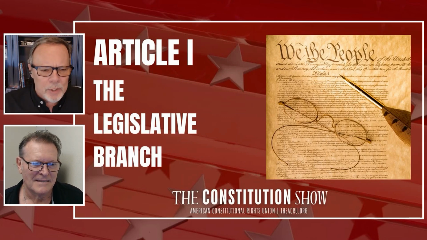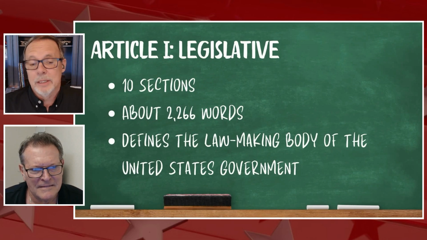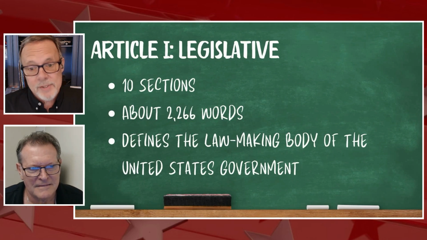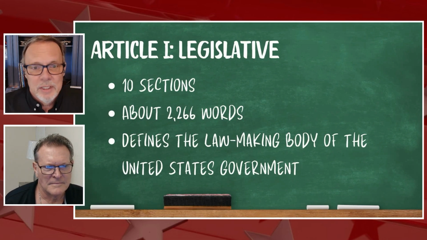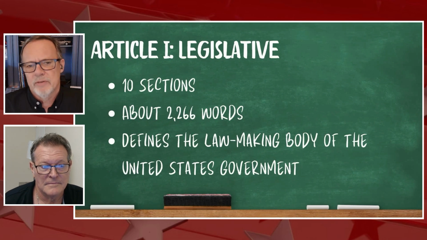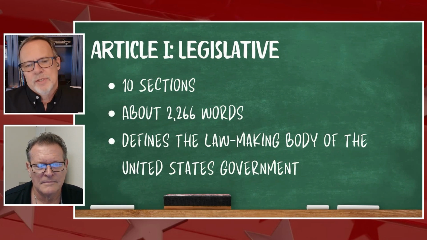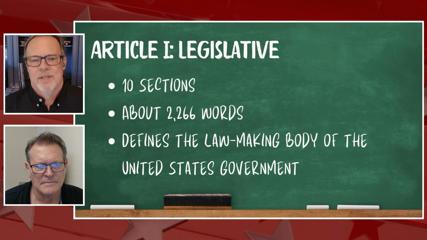Article 1. The most important part of the Constitution, at least as defined by the founders, the legislative branch. If you'll remember from last time, the whole Constitution is only about 4,380 words, give or take a few, depending on how you count. But Article 1, the first of 7, is over half of that. And that's kind of a reflection of the importance the founders placed on the legislative branch. This is where all, or I should say, the vast majority of the power of the federal government should be. Not the power of everything, as we'll get to in a few minutes, but the power of the federal government. Big difference.